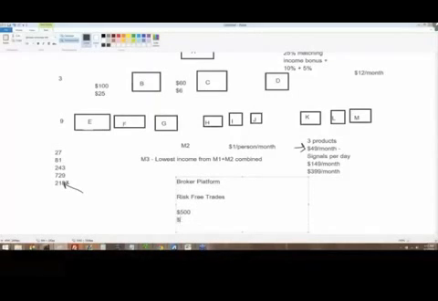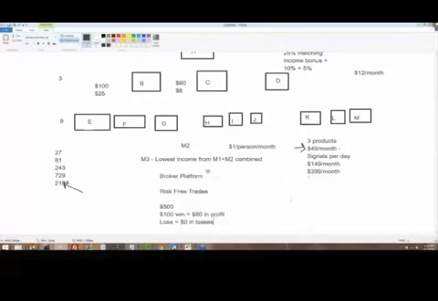Let's say for $100, you take a trade. If you win, you are going to get $70 to $75 to up to $80 in profit. Okay, win equals $80 in profit. Okay, loss equals $0 in losses. Okay, I don't understand how anybody could not see that that is amazing,